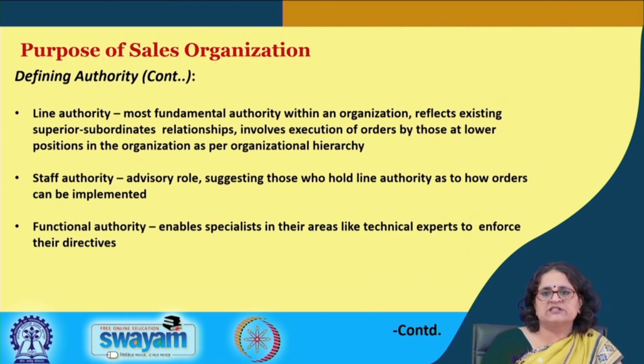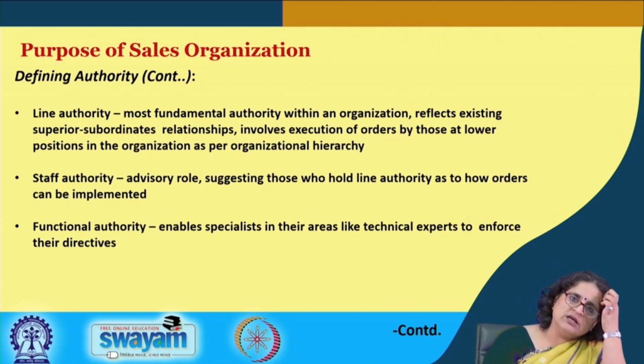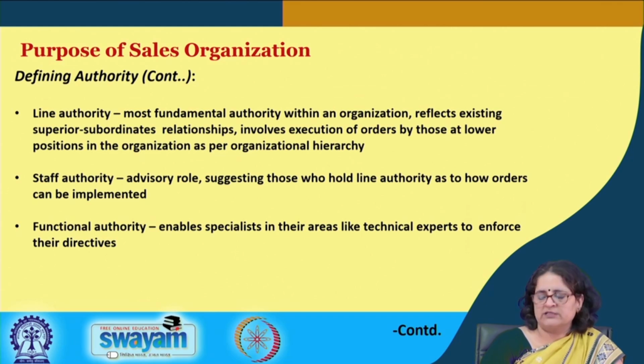Of course, as we will see in the subsequent lecture, we have organizational structures based on line, organizational structures based on line and staff, and we also have organizational structures based on function and on market. That would typically be more to do with the organization of the sales department. This is more to do with the authority here. So executives must clearly know whether they have a line authority to issue directives and get things done, or a staff authority which is more advisory in nature, or a functional authority where again it is a very specialized role that they must perform.